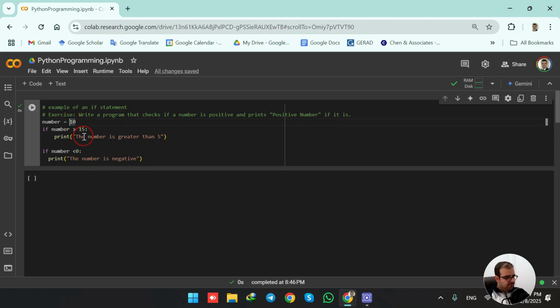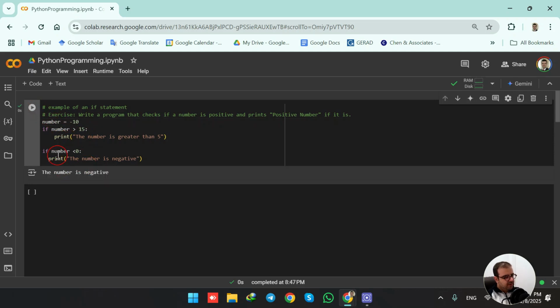So what if I put minus 10, for example, here, and I run the code? You see that first it checks this if, and it says, is minus 10 larger than 15? No, so this is not printed in the output. But it then checks to see if minus 10 is lower than 0. Yes, so it enters this part and executes it, and it says that the number is negative. So this is basically how we can